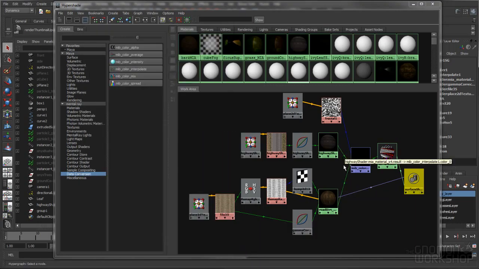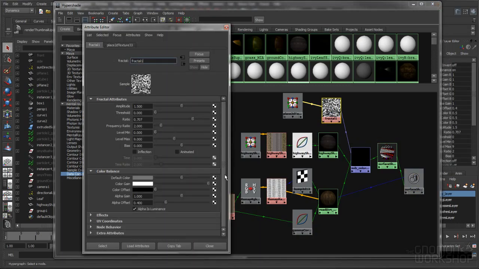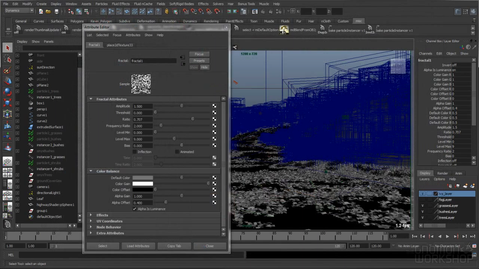So result connected to color, out alpha connected to input. And then if you're using out alpha as the connection, then on the fractal, it's important under color balance to make sure that alpha is luminance. So the luminance of these values in the fractal is what generates the alpha, because the out alpha is what's getting connected to input here. So by default that's off, and you're going to think that this technique isn't working. So just go in and make sure alpha is luminance is on, and then your fractal will work correctly as a mask. And so the end result of all that,